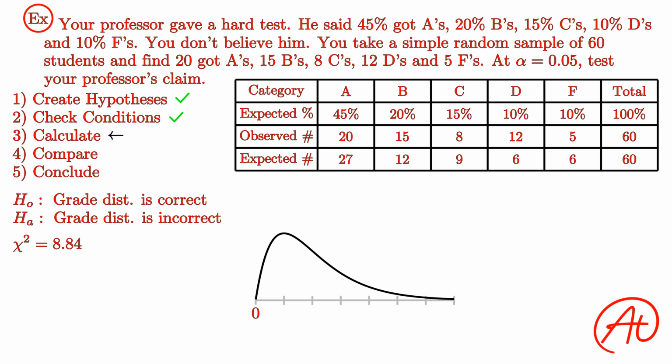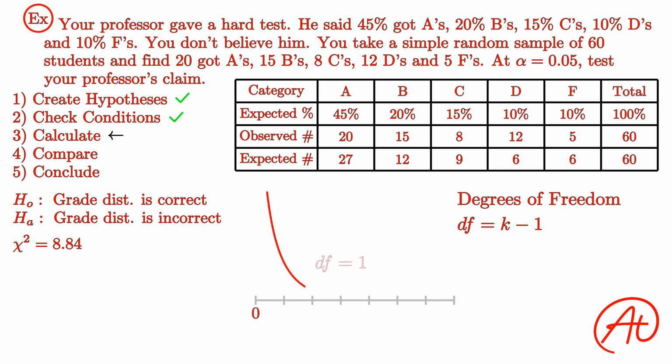To compensate for this, we have to bring back the idea of degrees of freedom, which we discussed in some of my hypothesis test videos using the t-distribution. For chi-square tests for goodness of fit, the degrees of freedom is calculated by the number of categories k minus 1. As the degrees of freedom increase, the distribution spreads out more positively and actually eventually approaches the shape of a normal distribution. For our example, we have 5 categories, so our degrees of freedom are 4,